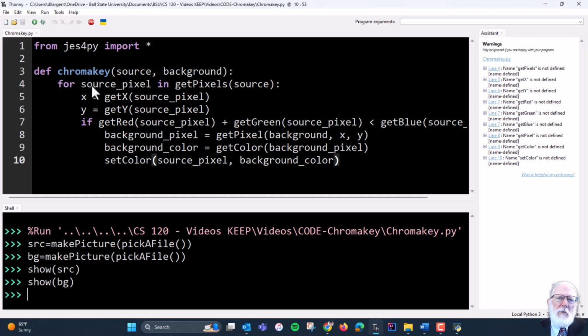As always, when we're working with media files, we're starting out with the from import statement to bring in the just4py module so that we have access to these functions. We're defining a function called Chromakey, and we're giving it two input parameters, both of them pictures. Source is the one that is going to be the foreground. It's the picture of Mark in this example. And the background is going to be what we put in the background, in this case, the picture of the